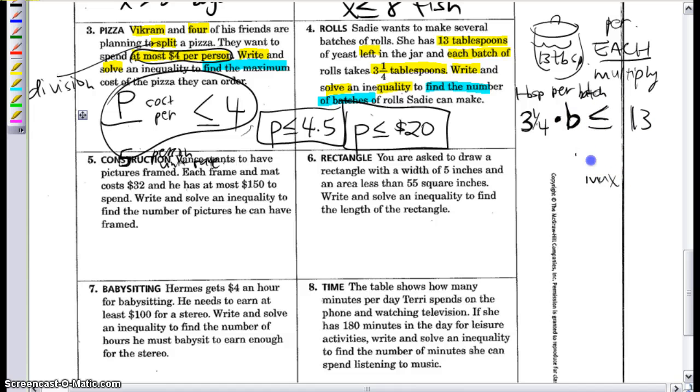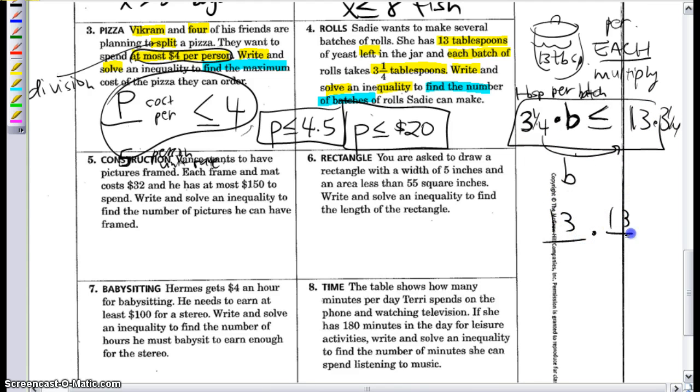So now that's how we've set up the problem, and now we're going to solve. So go ahead and divide that 3 1/4 with 13. Use an improper fraction, which is 13 over 4. Find a common denominator, which is 4, and then go from there. Your batches should be less than or equal